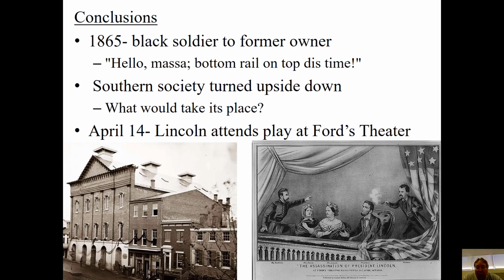And that's a kind of a big question, because Lincoln's vice president is a former slave-owning Southerner by the name of Andrew Johnson. Andrew Johnson's going to have to decide what happens now that the war is over. How do you rebuild a country? Or as historians have described this period, how do you reconstruct the nation, right? And that's what we'll pick up in our next lecture.